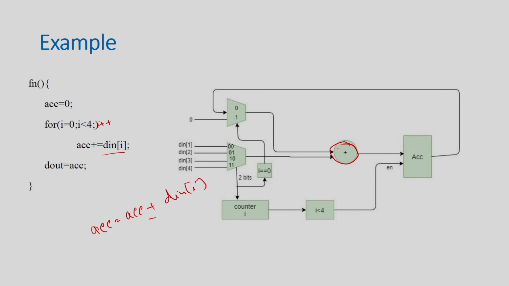For this adder, one input will be the accumulator, so the accumulator is coming here like this. I have just put 0 on the other side, because the accumulator initially should contain 0, and I can reset this accumulator with 0. So I choose a multiplexer to select it. This is your accumulator, and the other input is d_in, and now you have to choose this among d_in 1 to d_in 4. So you need a mux.